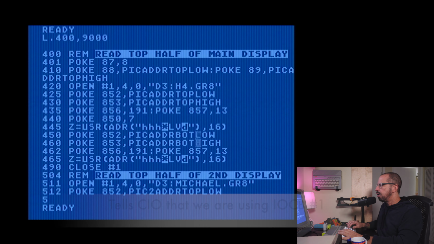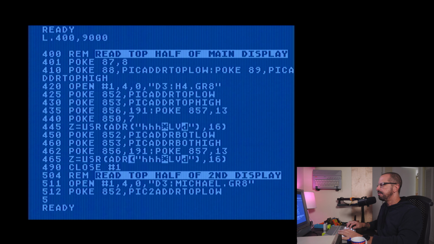Okay, so this one call right here is basically executing the assembly language code that says read the data from the disk and follow the instructions that we did up here as far as where in memory I want you to put it and how many bytes I want you to read. And that happens blindingly fast, like in a second. So we're doing 2 of these calls. I'm setting up the block up here for the top of the first picture, and then I'm doing it again down here for the second half of the screen for the first picture. And then if we continue,